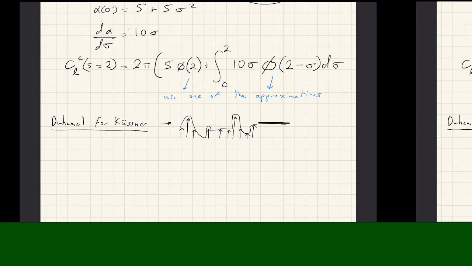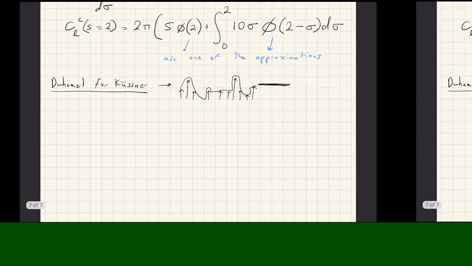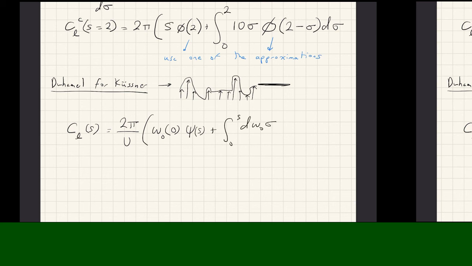And the Kussner dual integral is given by the following. CL of S is equal to 2 pi over U of W0, which is the velocity of the gust at S equal to 0, times psi of S, plus the integral from 0 to S of dW0 of sigma d sigma times psi of S minus sigma,